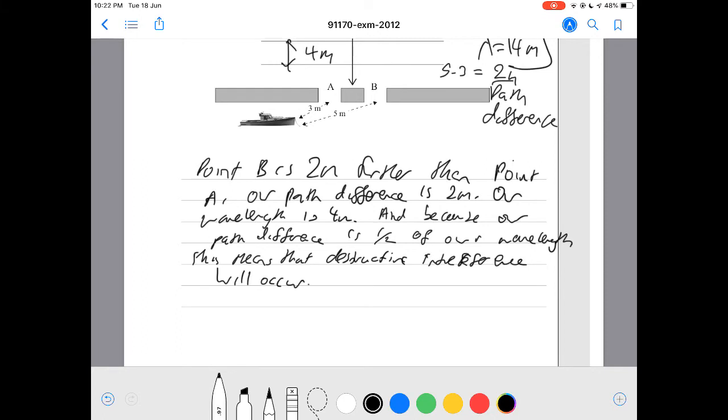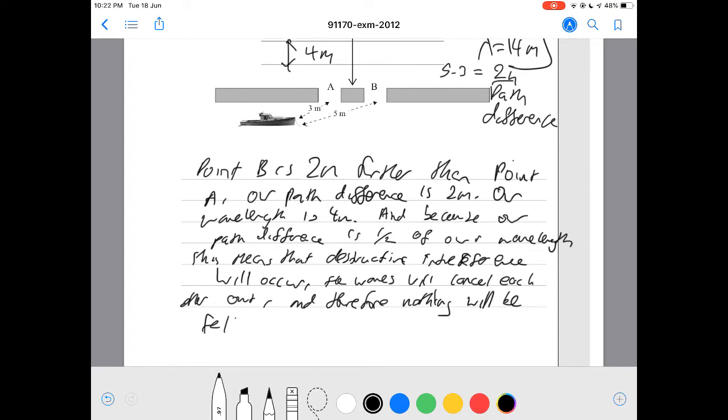So the waves will cancel each other out, and therefore nothing will be felt by the boat, or the boat remains